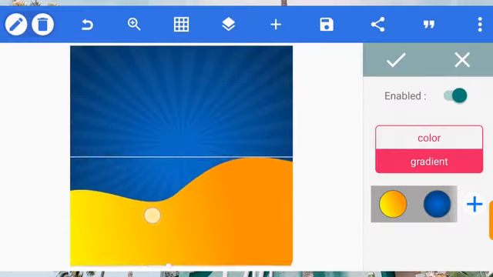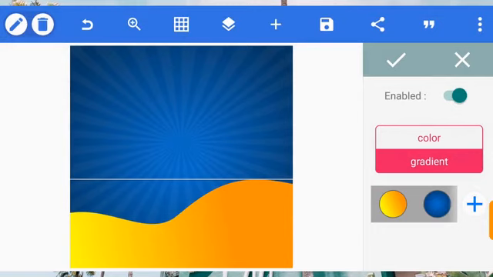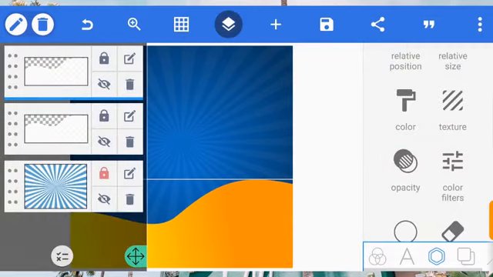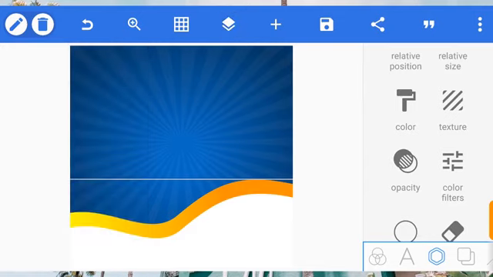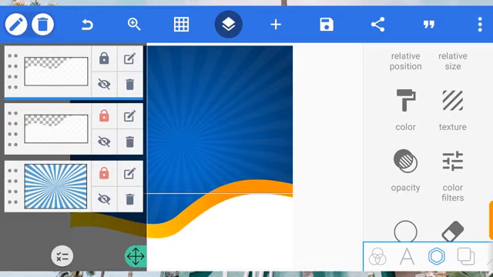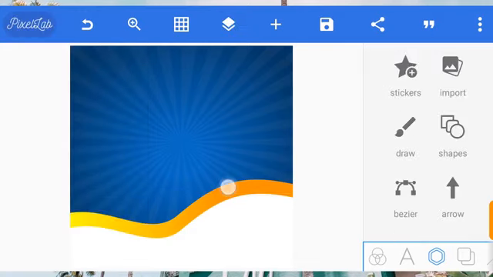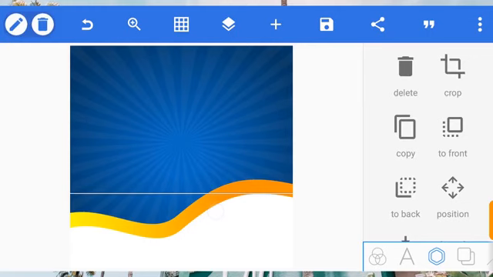So what are we going to do? We're going to bring it close to here. Let's click on good. So from the layers, I'm going to bring this one down. When I bring it down, let me set it properly. Let me click on do. So this one, let me lock the screen of this one so that it's not going to be moving around. I think I locked the screen of the